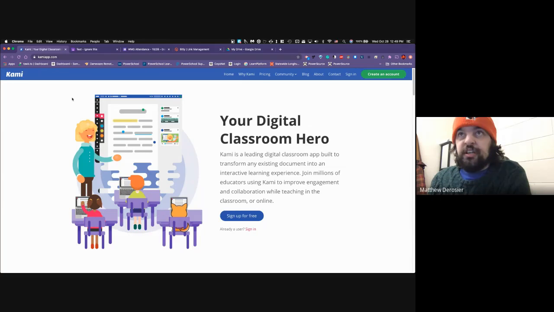So we're just going to kind of go through the process of how you get set up to use Cami, and what using it looks like, and what it looks like from the student end when they're submitting the work back to you. So it is an option to just go ahead and sign into the camiapp.com page and use the document annotator directly from it. But one of the ways that it really works best is if you're using Google Chrome as